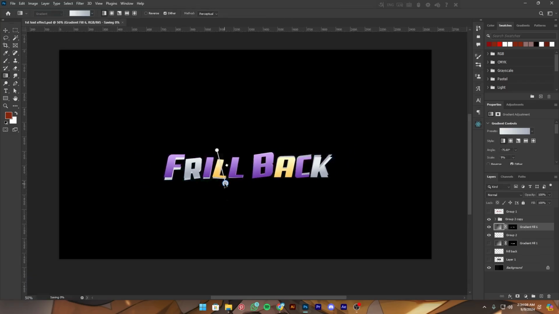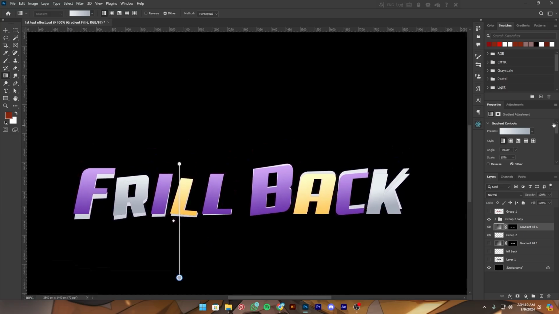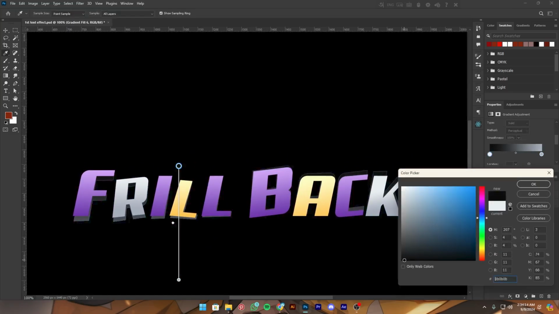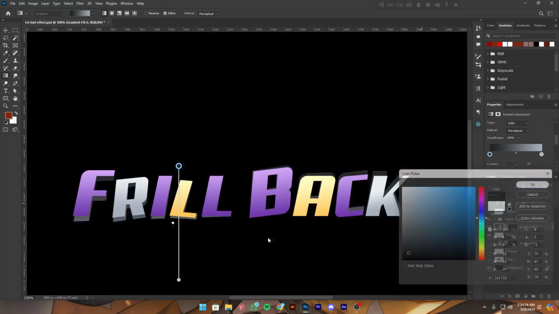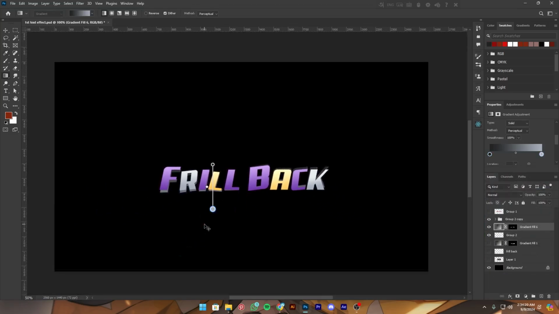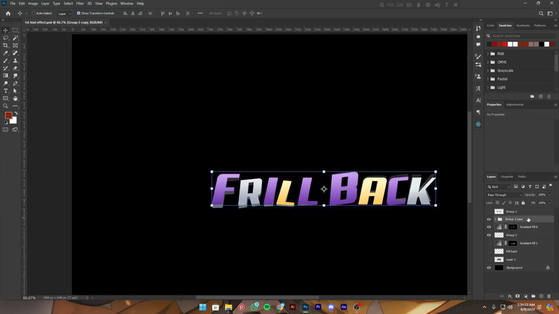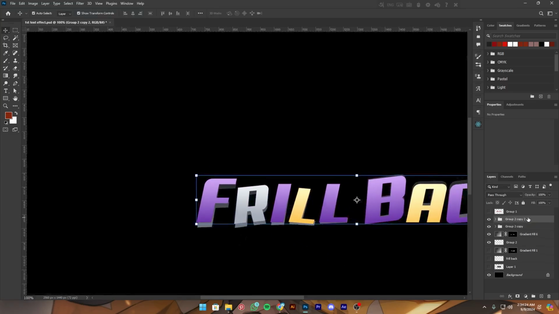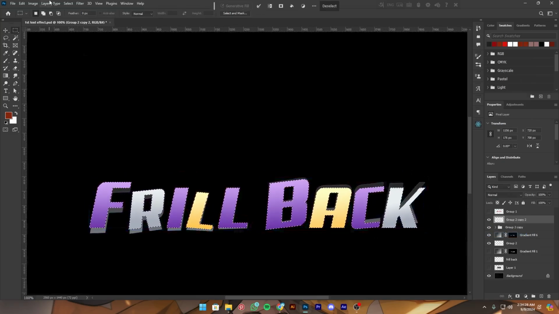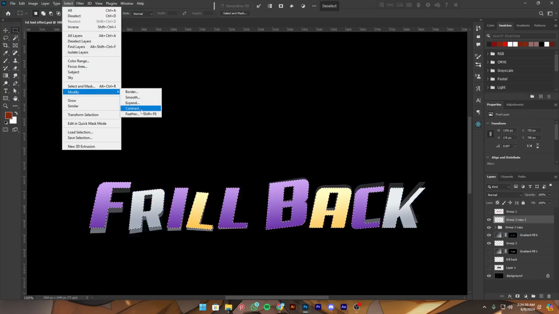And then add a nice gradient, and the gradient will be a little bit darkish. Alright, something like that, a little bit darkish. Alright, here we go guys. Then I'll again duplicate this layer, merge, select pixels, then modify, contract,